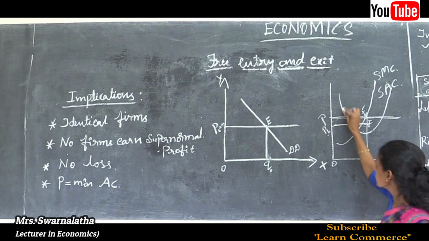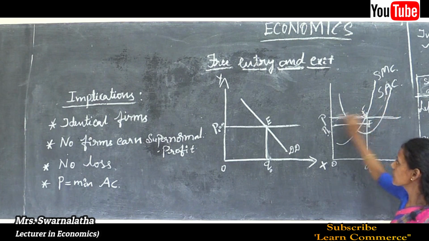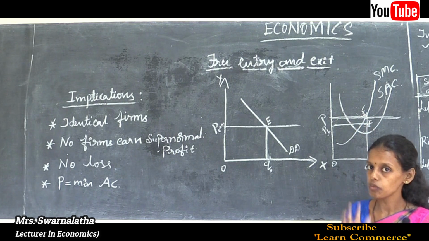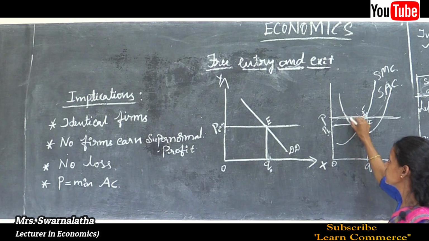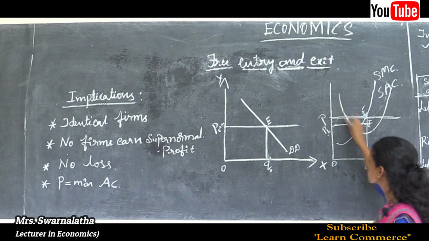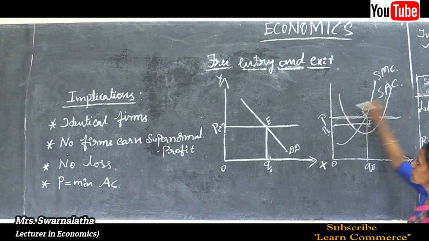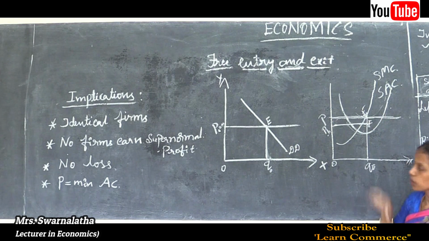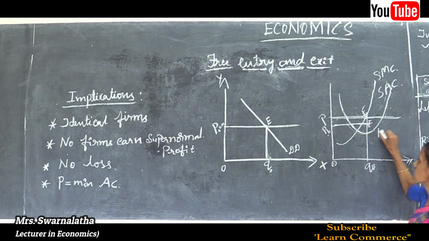So, only the normal profit, here you can see, suppose the price line is tangent to the AC curve, is said to be the normal profit condition. Any deviation from the normal profit, suppose the price falls below the minimum average cost, so that average cost lies above the revenue line or price line, leads to loss to the industry. During this time, exit occurs.